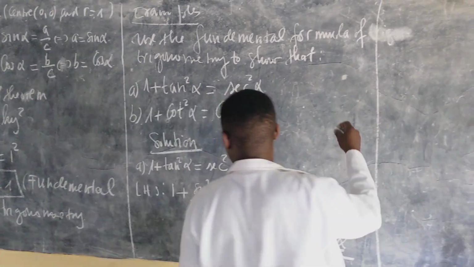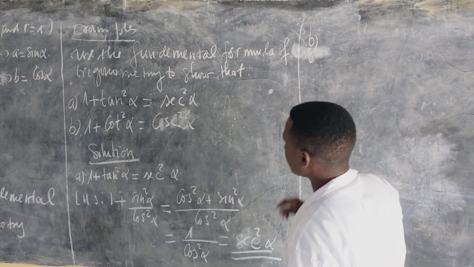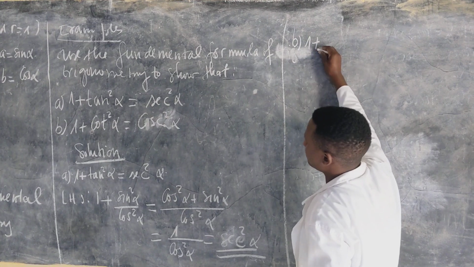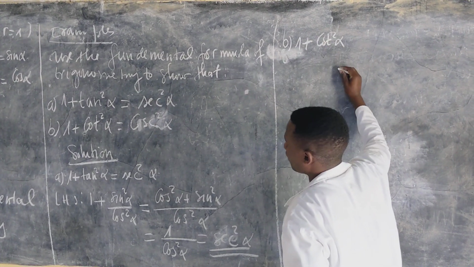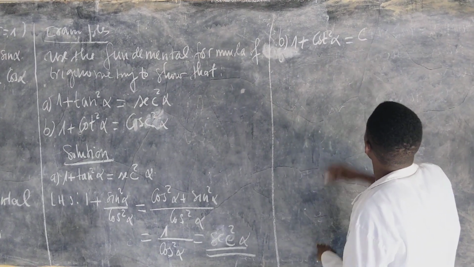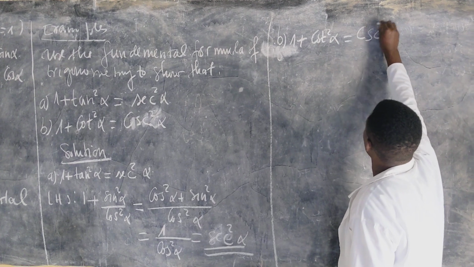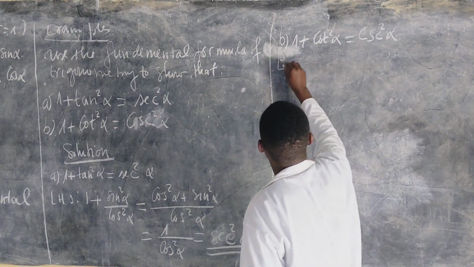So, for number B, we have 1 plus cotangent square of an angle alpha is equal to cosec square of alpha. Also, from the left hand side,